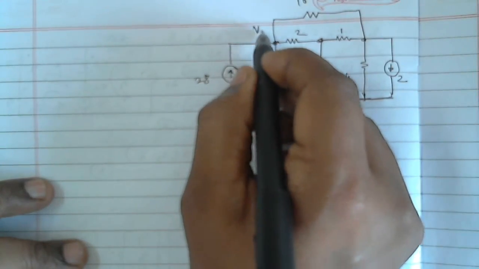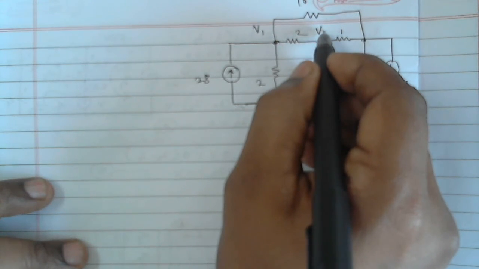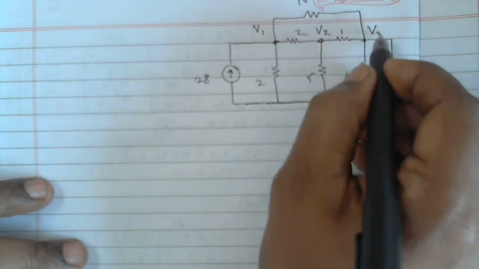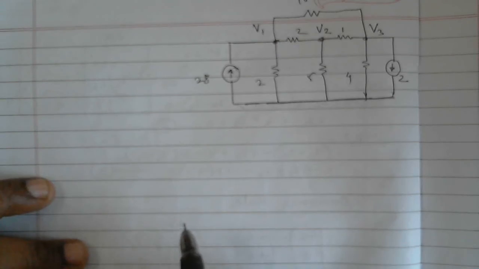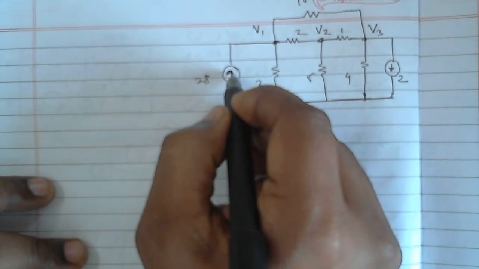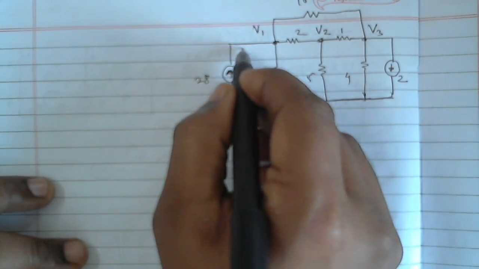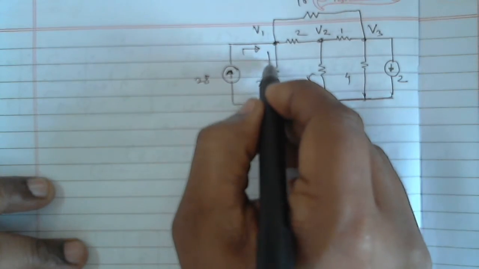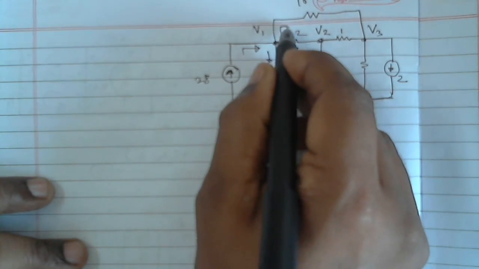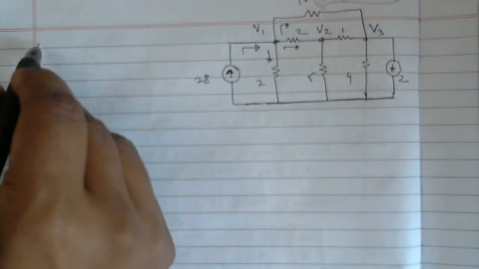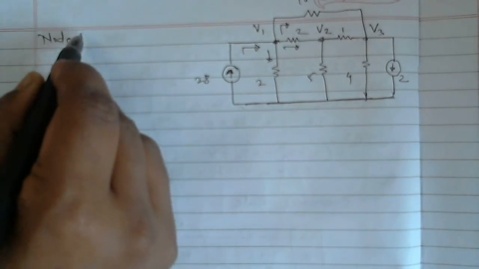So I can say this is V1, this is V2, this is V3. Okay, assume all outgoing currents. Now this one is already incoming, so forcefully I will not make it outgoing. The remaining I will consider outgoing. So at junction 1, at node 1,